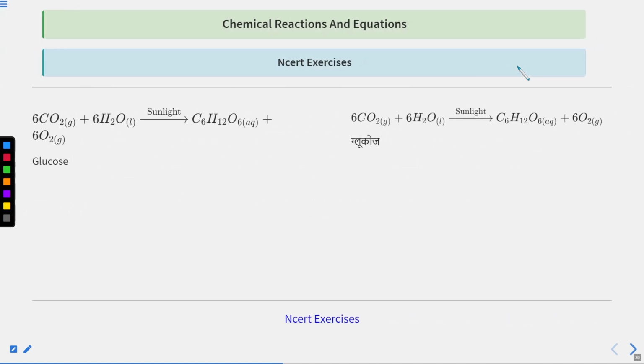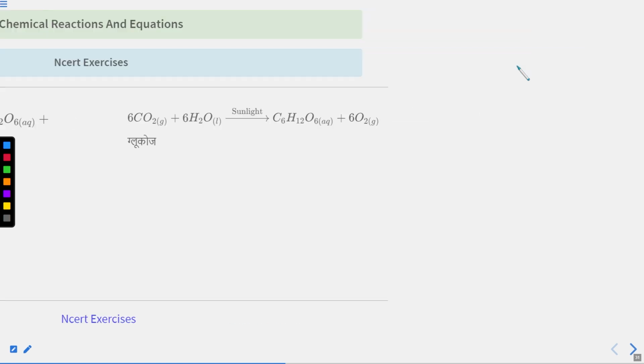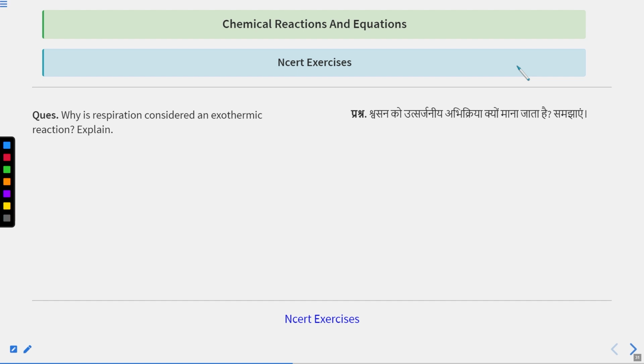You can see the reaction: 6 CO2 plus 6 H2O, in the presence of sunlight, gives C6H12O6 plus 6O2. This C6H12O6 is nothing but glucose. That is the formula of glucose. Next question is,